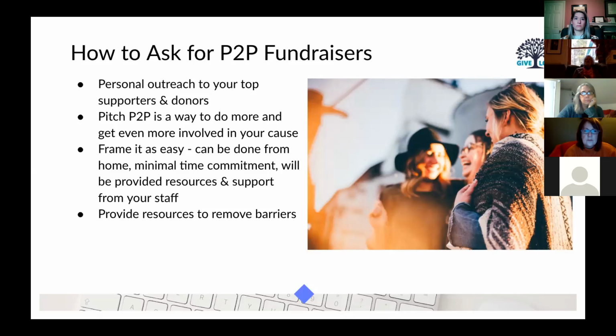So asking people to fundraise for you is not super complicated. You can and should try to get some personal outreach to your top supporters, pitching peer-to-peer to them as a way to do more and get involved on a deeper level that doesn't actually require too much work from them. Peer-to-peer is easy and can be done from home, from a phone. It doesn't take too much time, usually just some social media posts from them. And promise them your support as they step out to fundraise for you. That's probably one of the biggest barriers to people